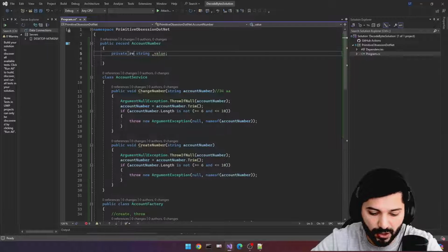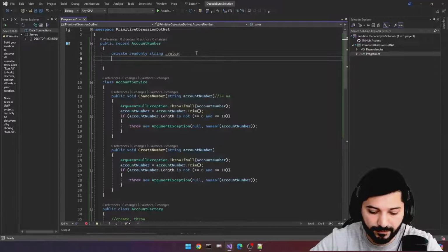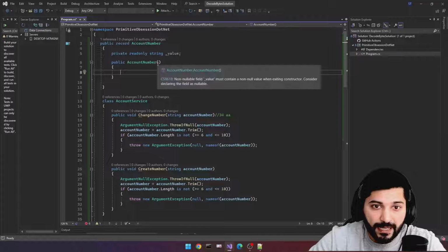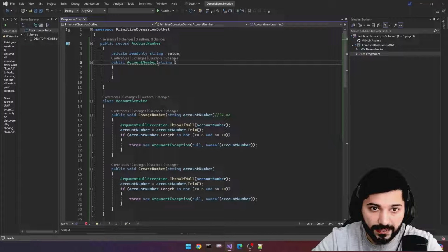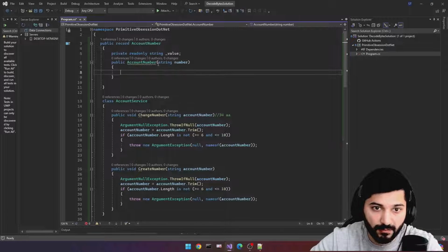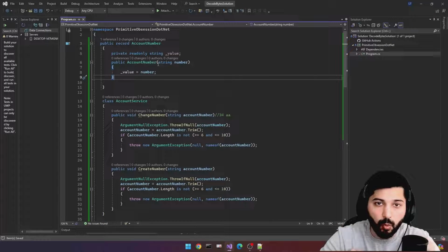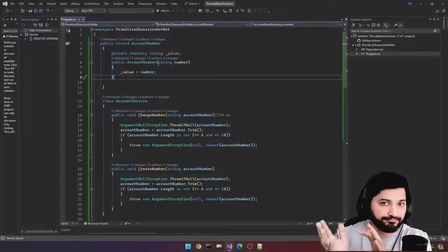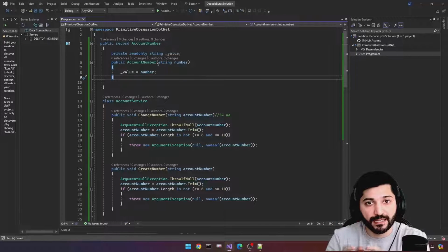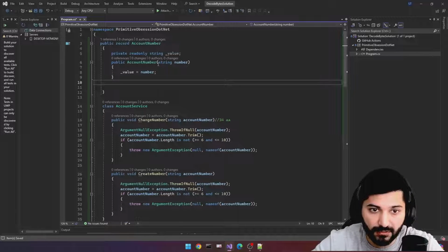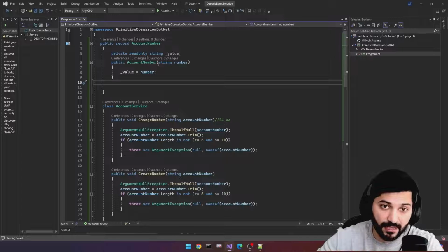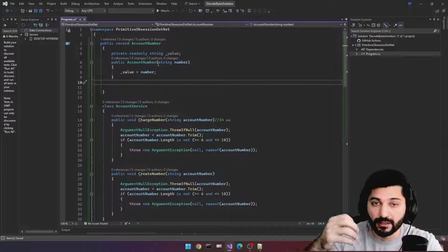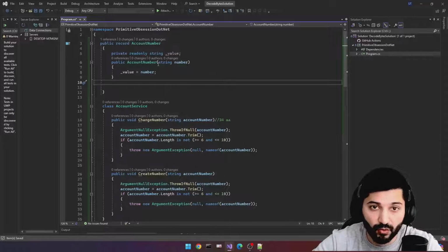I will instantiate it. And let's provide string number. Let's assign it to the value. To avoid checks in your construction process, it is much better to use static methods. Okay, I'm also not a big fan of static methods because they are avoiding principles of object-oriented programming. But anyway,